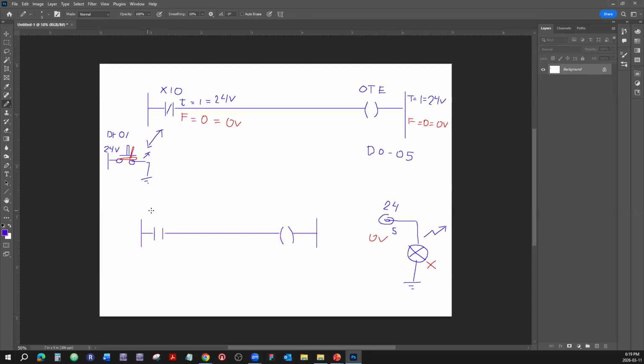So this would be examine if closed. This one also is output energize. That doesn't change. And now, if that is assigned to, let's say, also a normally open switch,